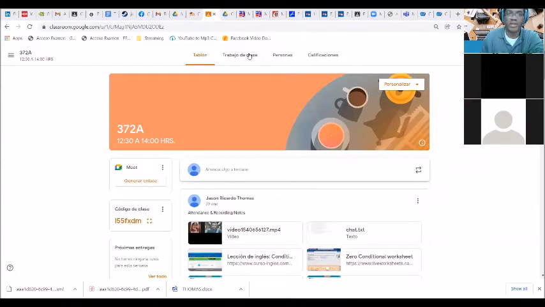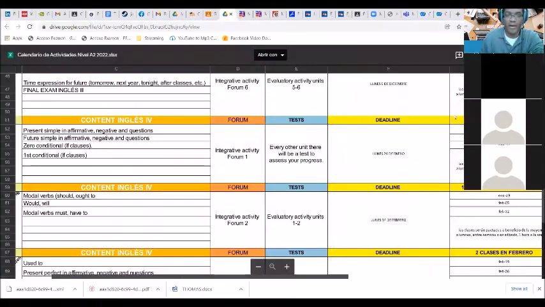I'm going to focus firstly on our calendar. So this is what we have to do today. We're going to put them in one because they are the same basic idea. Should, ought to, will, would, must, and have to, they're all modals. So we're going to do all of Unit 2's activities in today's class, which means